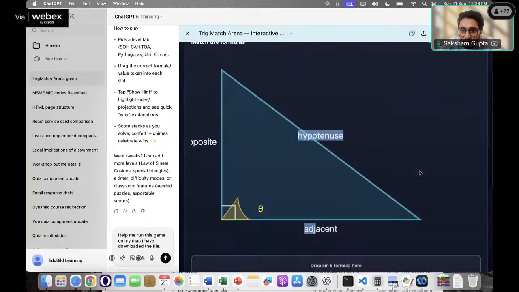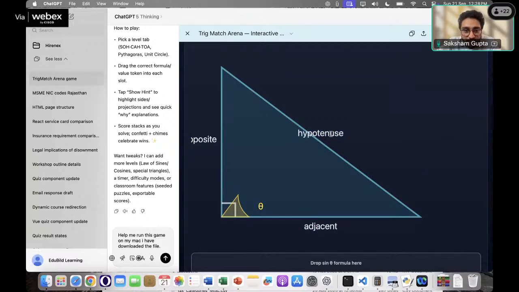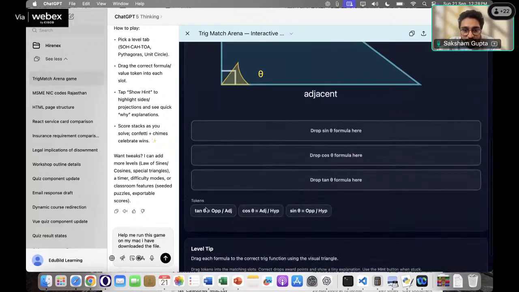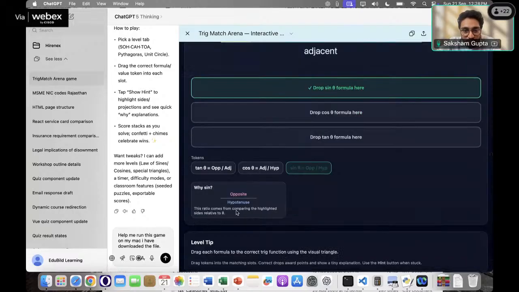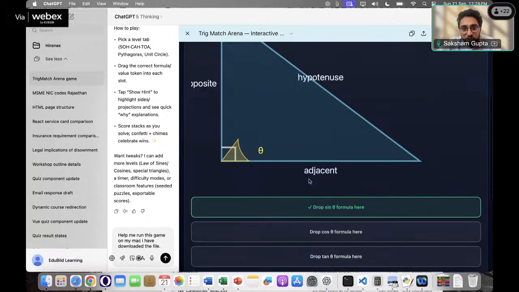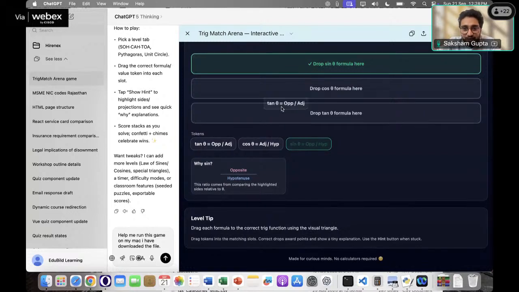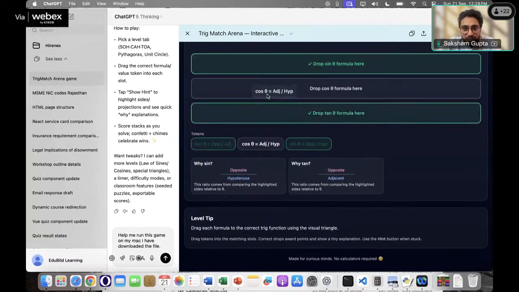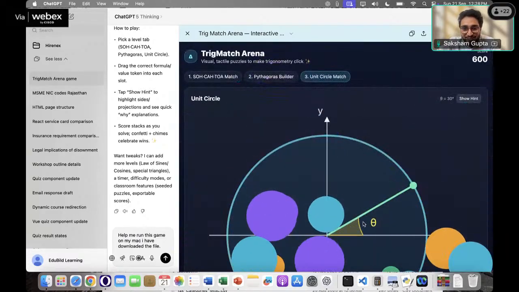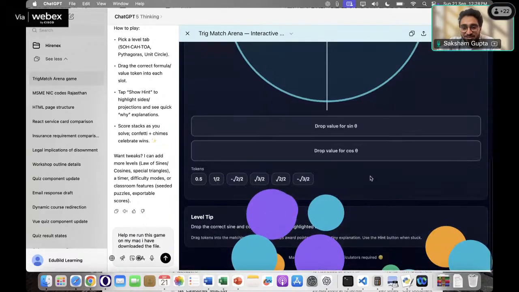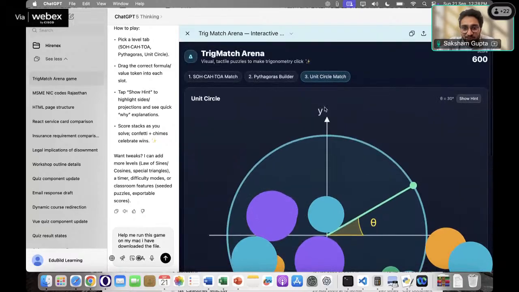Angle theta is 37, opposite, adjacent. So what would be the sine theta formula here? Why sine, the ratio comes from comparing highlighted sides. So it's trying to basically talk to us about the three formulas here that are applied. And you can see it made a fun visualization after that. So I have a score now. And now I have the